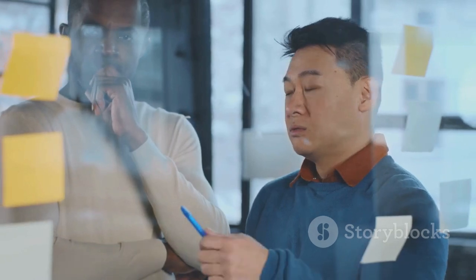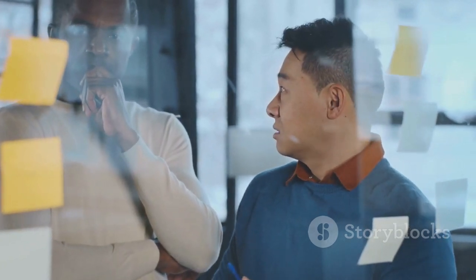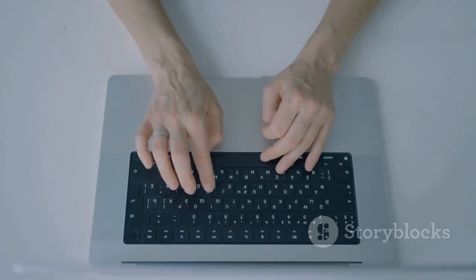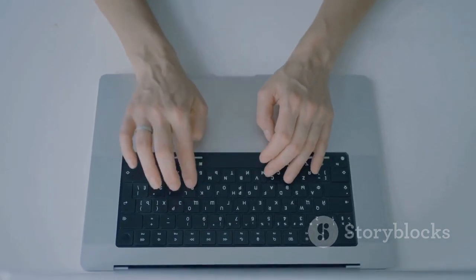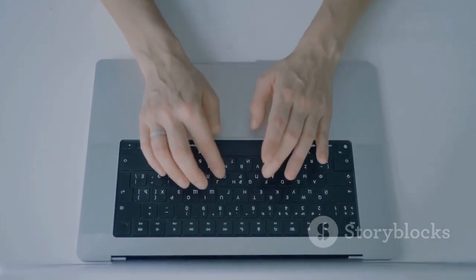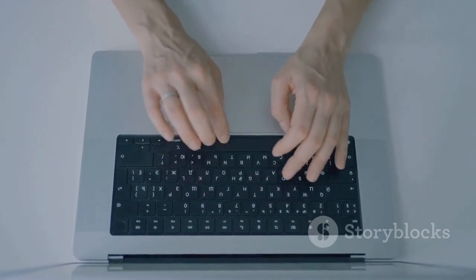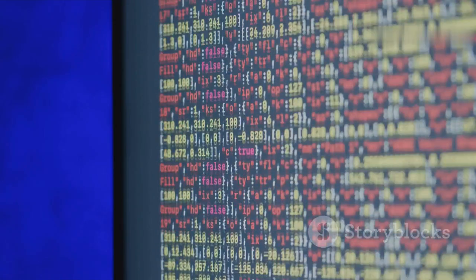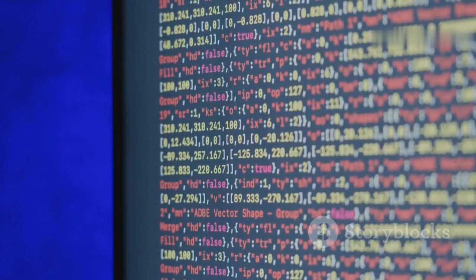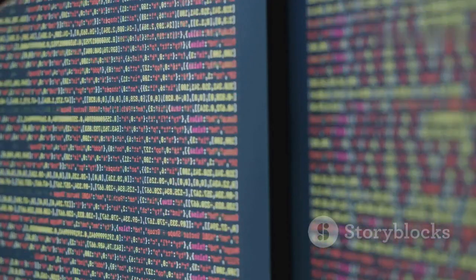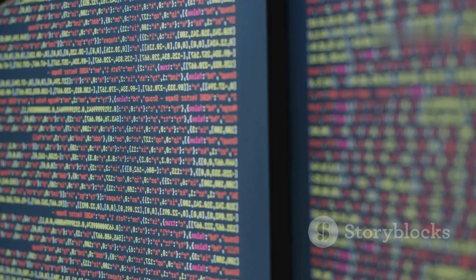Start with a clear idea or topic that you're passionate about. What story do you want to tell? The more specific and detailed your prompt, the better the script that ChatGPT can generate for you. Clarity is key. For example, write a 90-second script about a lonely robot who finds a glowing flower in a post-apocalyptic city. Make it hopeful and heartwarming. With that, ChatGPT will generate a first draft, providing you with a solid foundation to build upon.